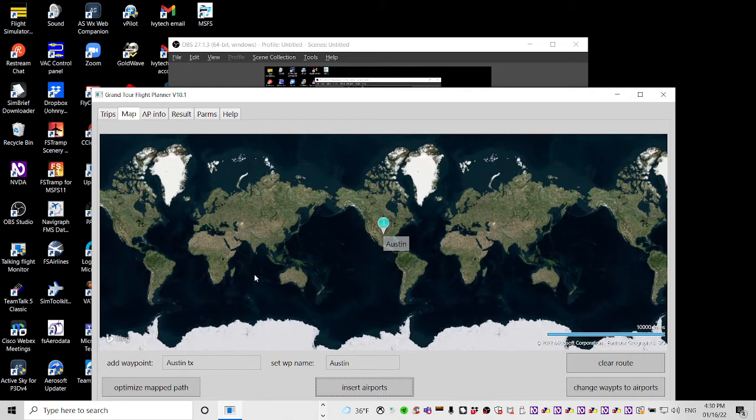So what you would want to do is put the airport, which would be KAUS. Or you don't even have to do that. You can tab and go to the change waypoints to airports button. Let's hit that. What it's going to do is take that Austin and put you at the